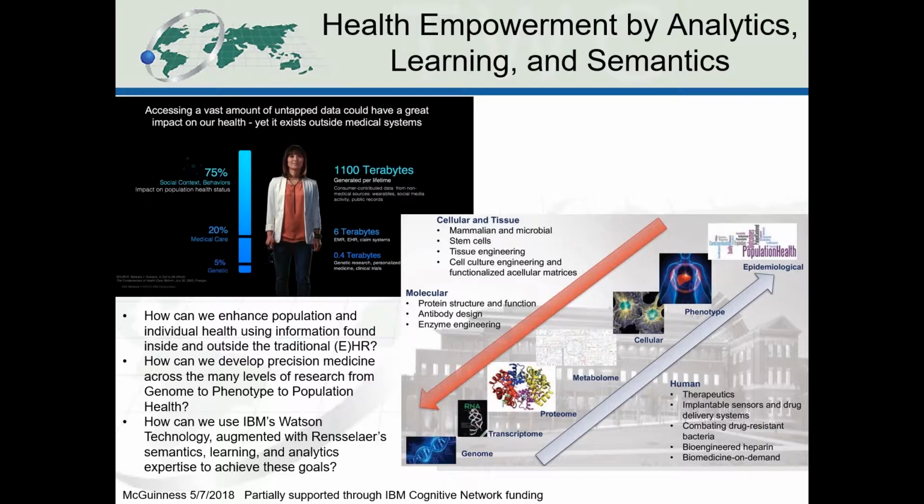And so that's one place where I'm using ontologies to help get data mapped together so that I can do pooled data, so that I can do studies on larger sample sizes where I know how the connection was put together. In another project, I'm trying to move from the genome level up to the population level. This is the project called Health Empowerment by Analytics, Learning, and Semantics. I'm the semantic side of this, and I've got analysis and learning partners to try to bring together data to try to do more personalized health.